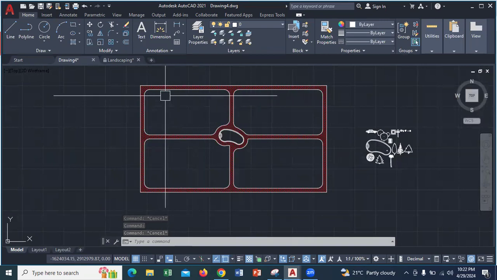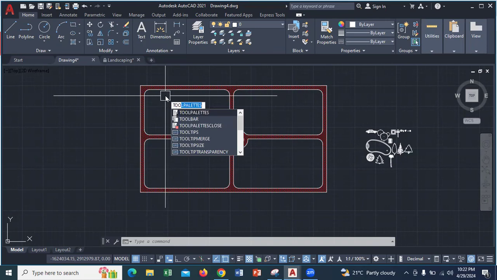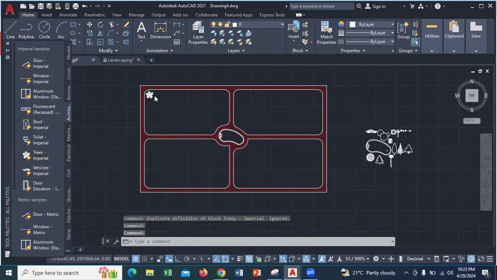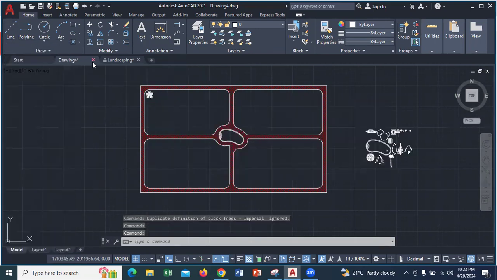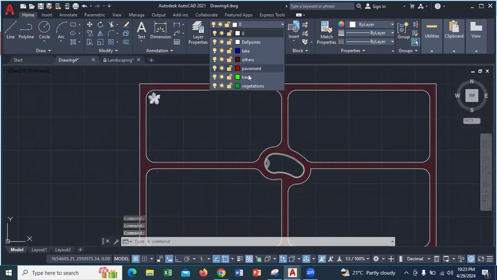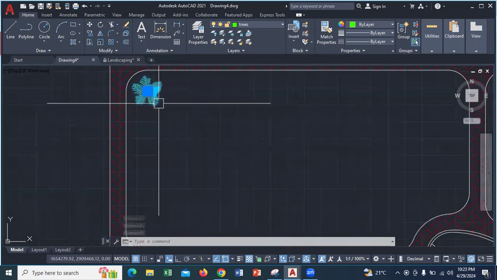Then I'd like to bring in the trees from the tool palette. Go to tool palette here, select the tool palette like this, and here are the trees. I'll just drag it to my drawing. I'll close this. I'll select this, go to the layers and make it trees. See,